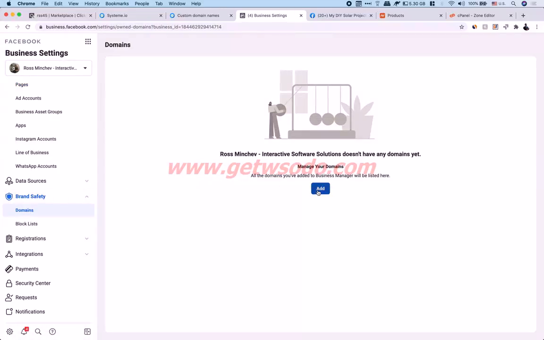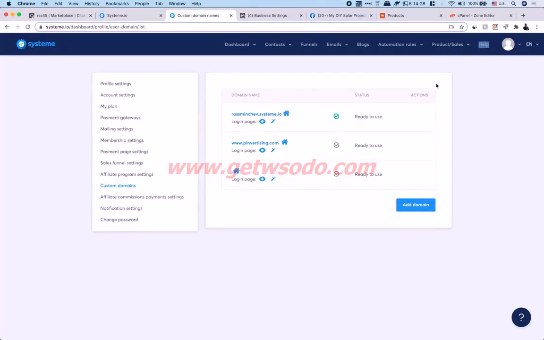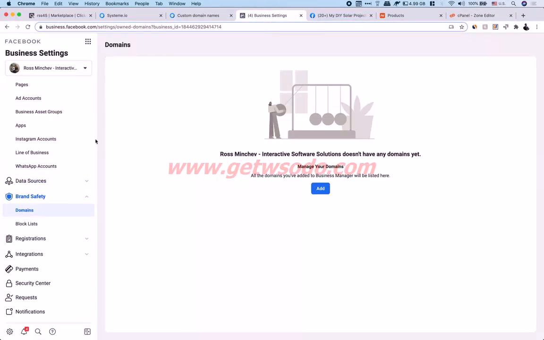So now we want to set up our domain name, and you should have just one domain name. I know I'm showing you different domain names here in this training because I have different domain names, but for you, you should stick with just one domain name. So once you register your domain name, we saw how to hook it up from here, the cPanel from Namecheap, to here, System.io, the place where you hook up your domain name. And then after that, you need to go to the business settings I just showed you